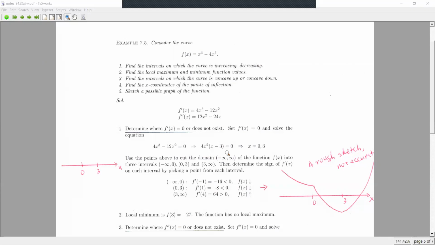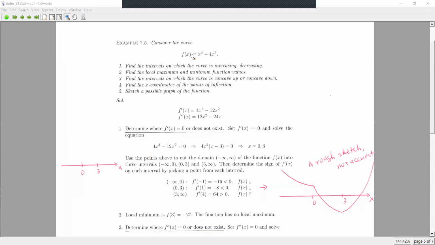Factorization. And then we can see that when x is 0 and 3, the derivative is 0. So we get 2 points. Okay, the derivative is 0 only at these 2 points. At other points, the derivative cannot be 0. Now I use these 2 points to cut the domain